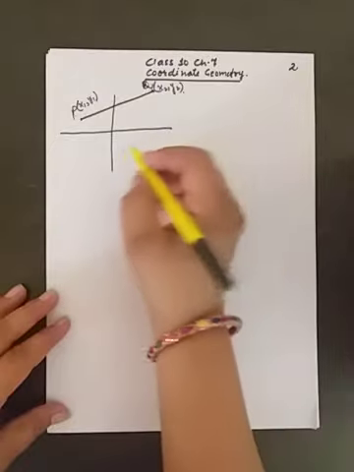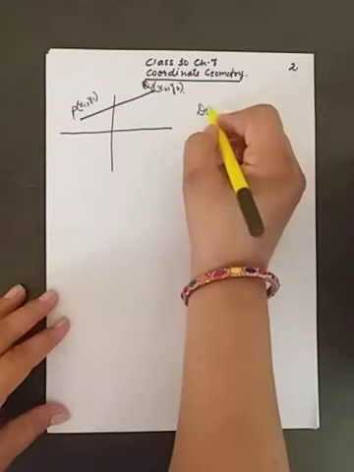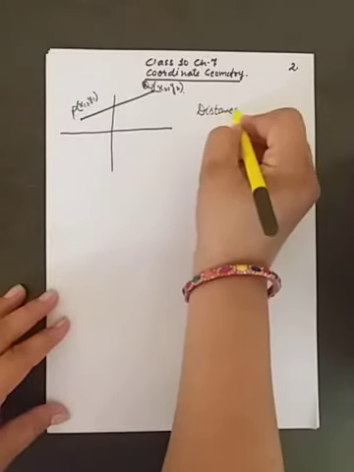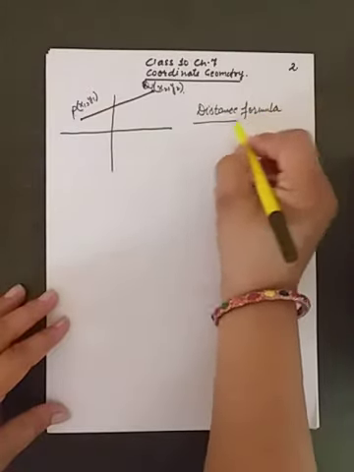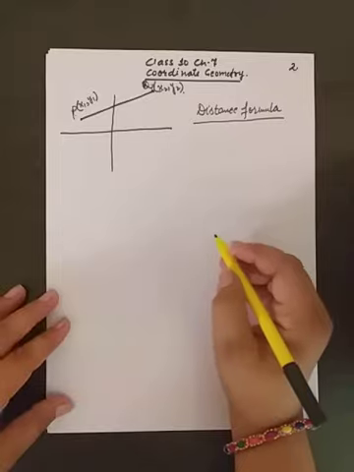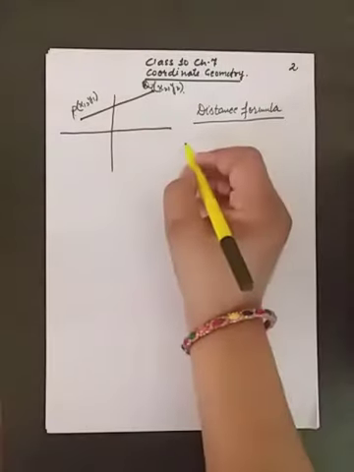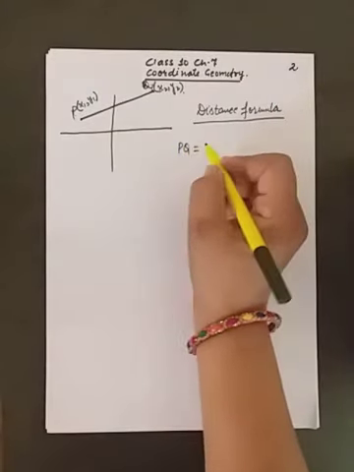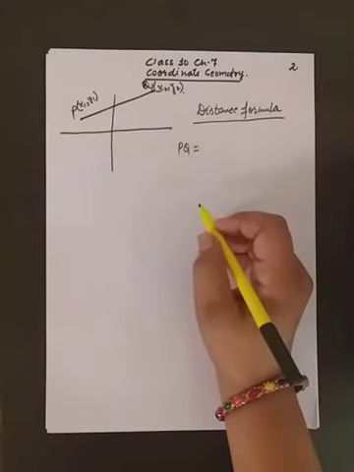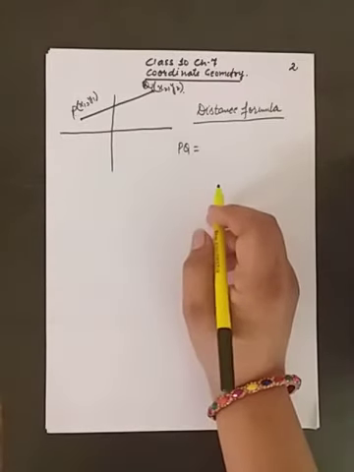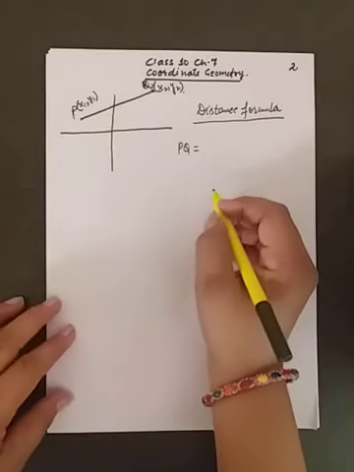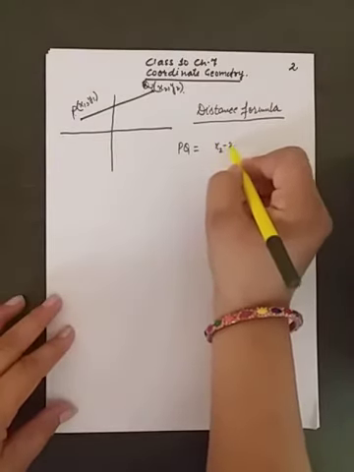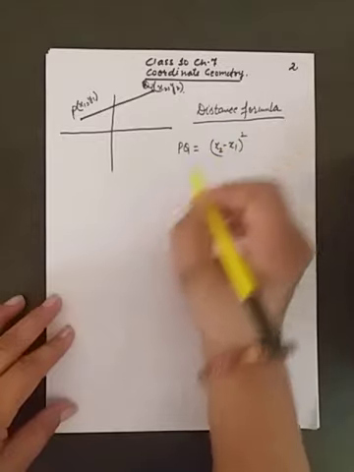This formula is used to find the distance between two given points. So we can write it as PQ, because we are finding the distance between the points P and Q. It can be written as PQ is equal to the square root of (x2 minus x1) whole squared